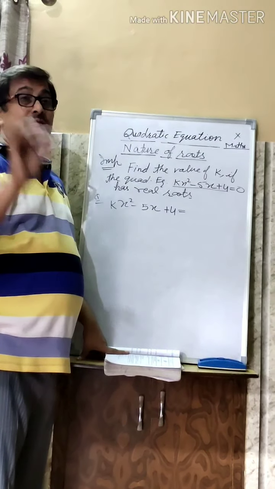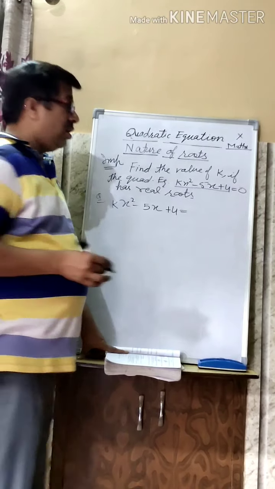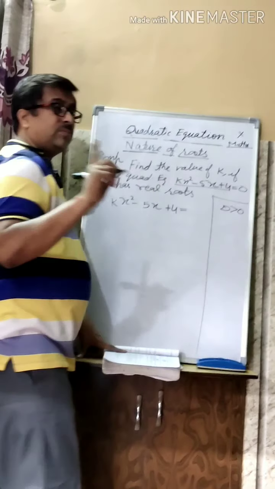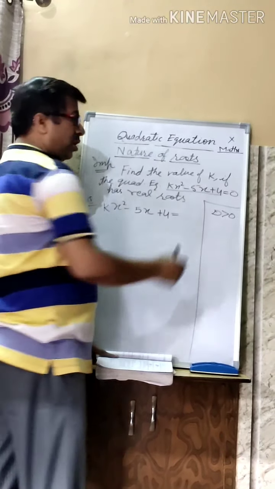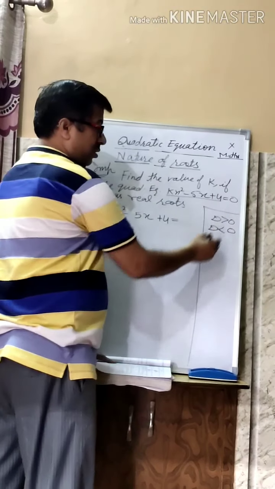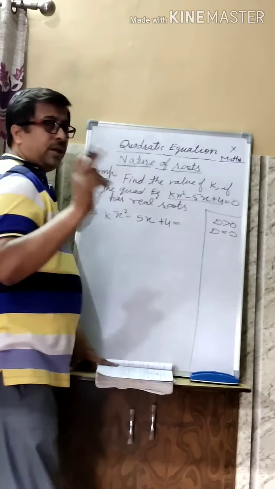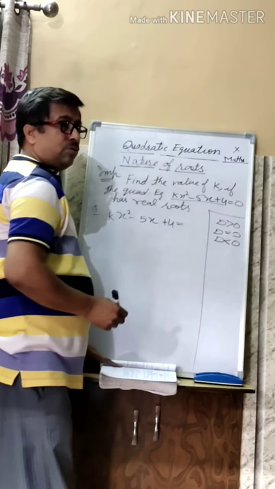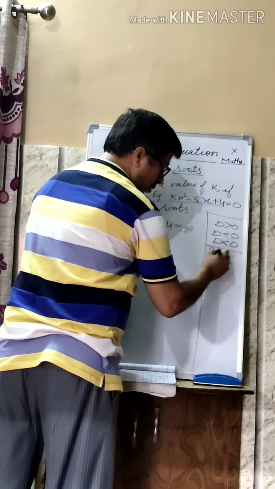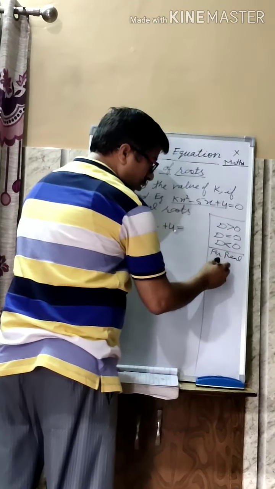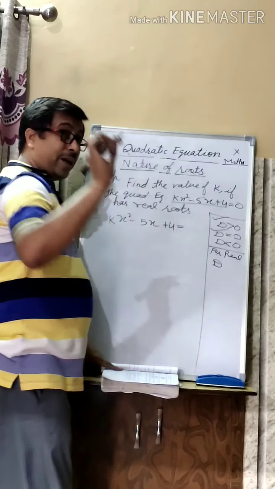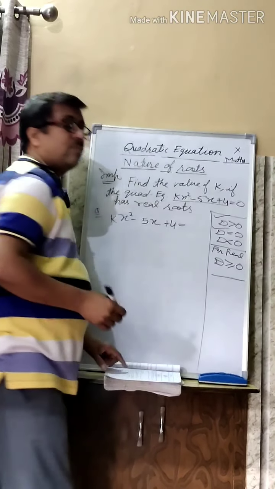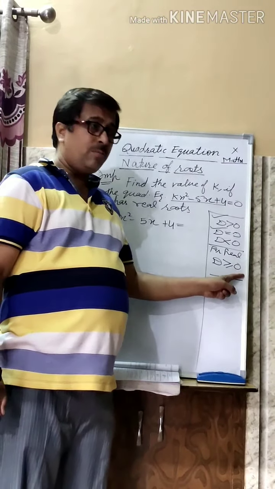He is not saying real and distinct. He is not saying real and equal. That is for one thing, you see. It is for real and distinct. It is for real and equal. It is no real roots. So my dear students, now for real roots, this is also real, this is also real, so you write the combined condition. For real, you will always write like this. So for real, it is a combined formula.